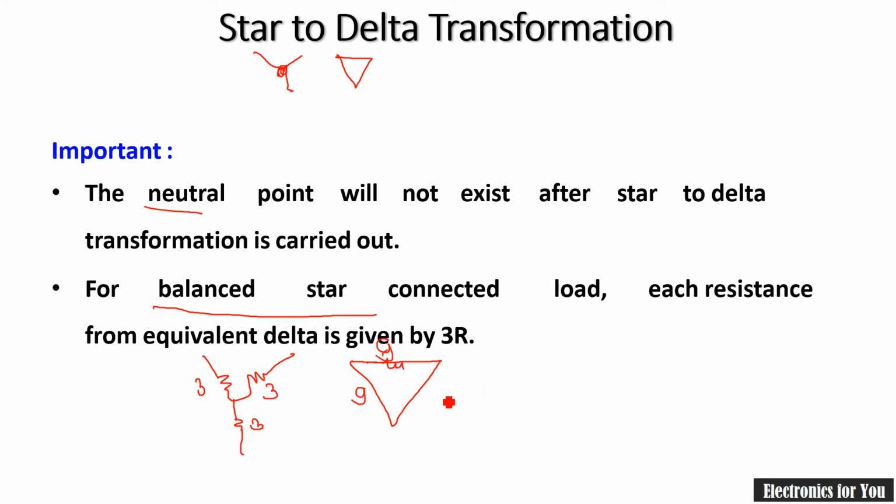So we can convert a balanced star into a balanced delta by multiplying the resistors of the star network by 3. So this is about the star delta transformation, and